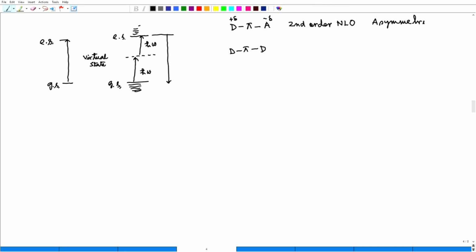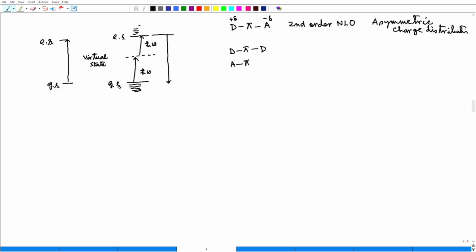I mean asymmetric charge distribution for second order, and for third order symmetric charge distribution, or it can have